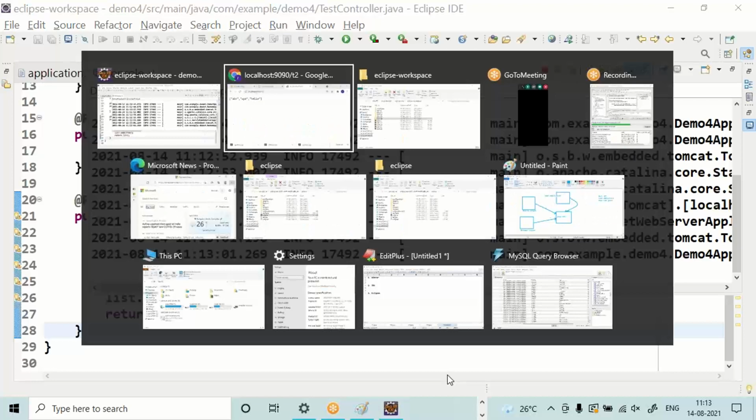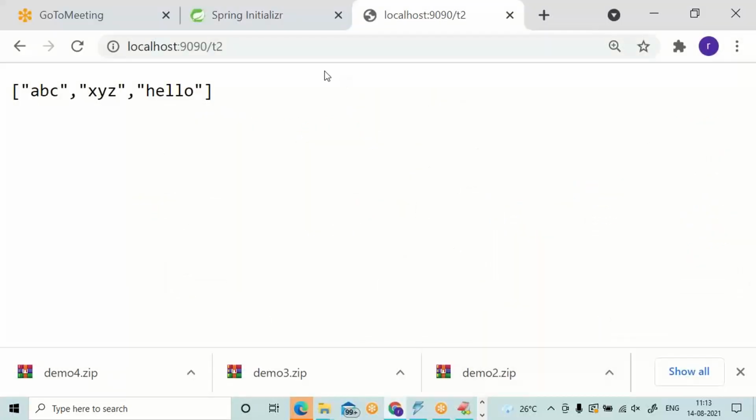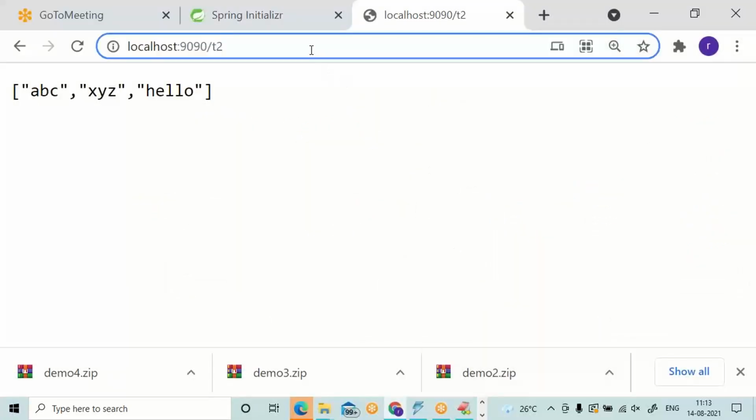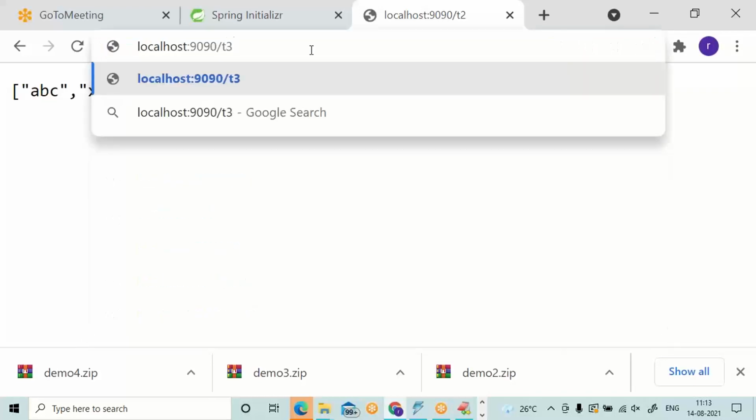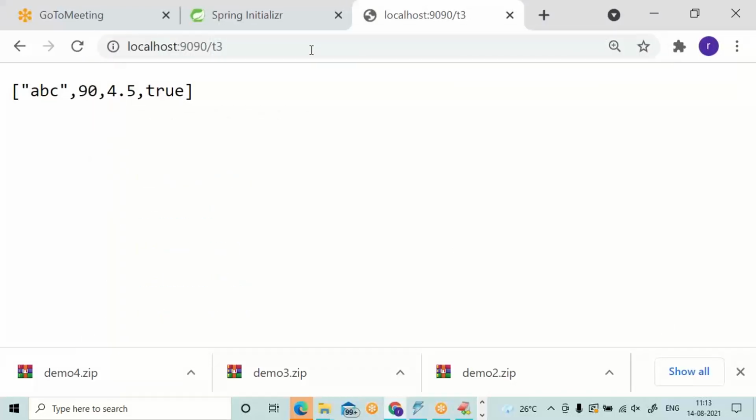Open a browser, give a call to T3. We returned array list. It is from a collection object. Array list is returned from the collection object.